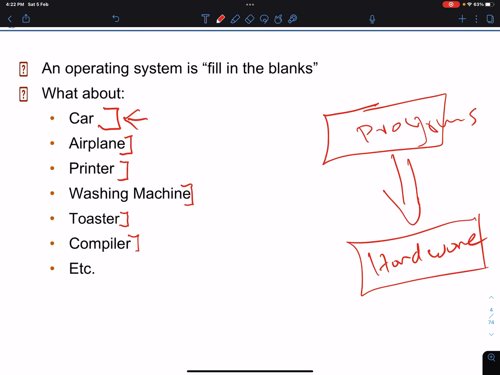Many of them have very special operating systems. Okay, so a washing machine has its own operating system. Is it Windows? Because Windows is an operating system. Is it Linux? Is it Unix? Is it Mac? Is it Solaris? Is it Android? No. We don't know. Every washing machine has its own, and they are very dedicated ones, as I mentioned before.